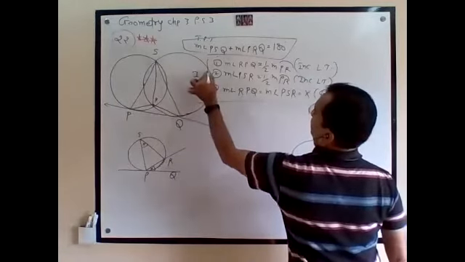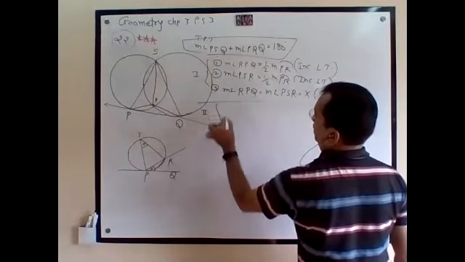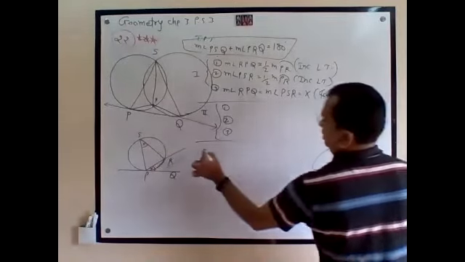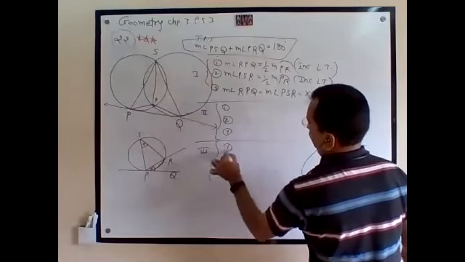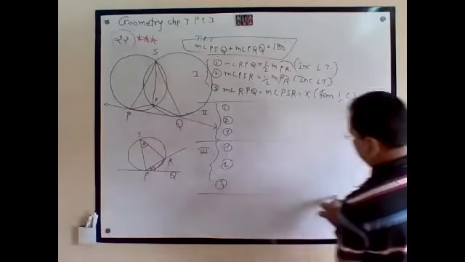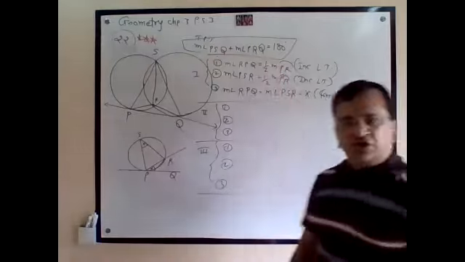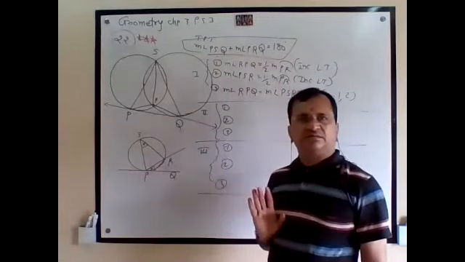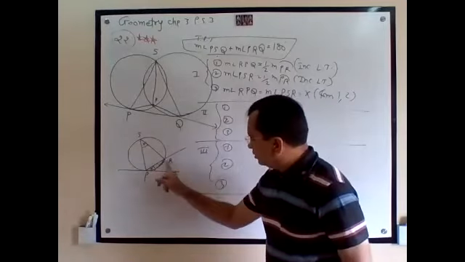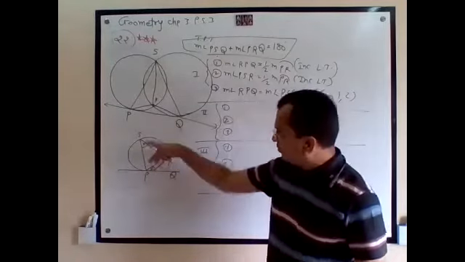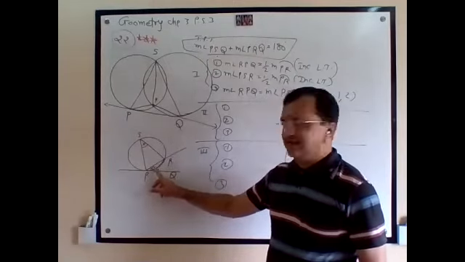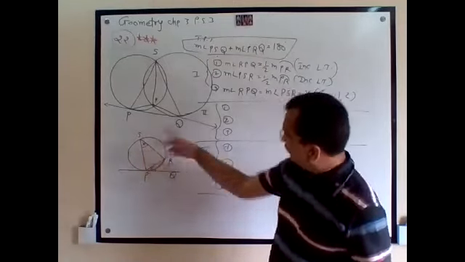This is group number 1. Group number 2, again 1, 2, 3 will be the same. Then group number 3, again 1, 2, 3. Three steps I have written. This angle is half of this arc. This angle also is half of the same arc. Therefore both are equal. This arc is 100, so this is 50. So 50, 50 are equal.